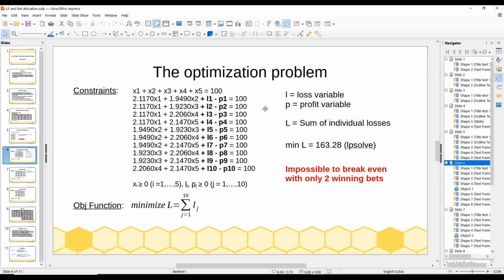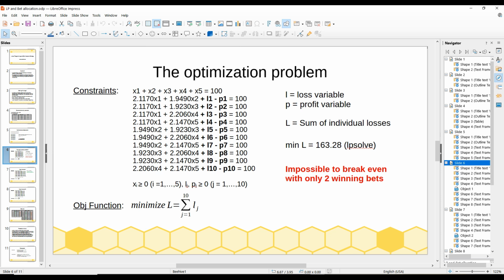Of course, the optimization problem is a minimization problem in this case. We want these equations to hold true by minimizing the sum of all individual losses. Okay, if we solve this optimization problem, I'm using LP-solve by the way, this is an optimization library, then the answer is that the minimum value for the L function is